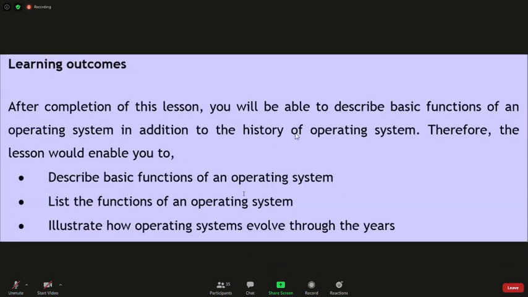Anyway, these notes, let me show you learning outcomes. So basically, we are following the same lectures as University of Moratuwa, maybe call this distance learning modules, so that you'll have the same level of understanding. So learning outcomes: after completion of this first lesson, you will be able to describe basic functions of an operating system,